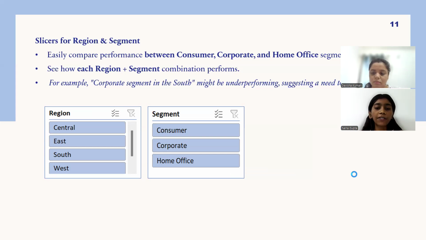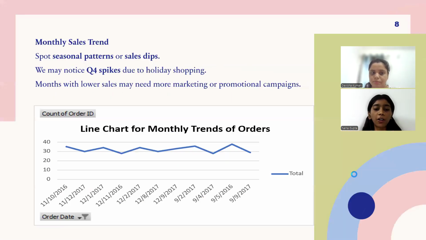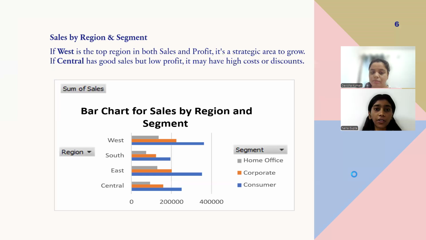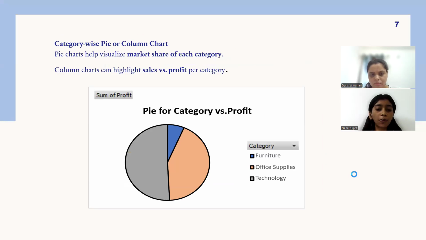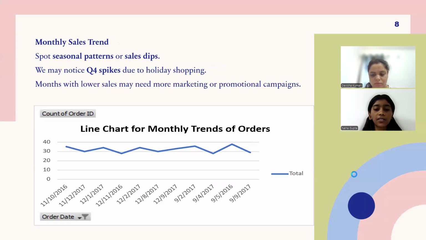Next, I used several advanced formulas like COUNTIF, SUMIF, and AVERAGE to analyze key points like orders with sales greater than a certain amount and highly discounted orders. I also used RANK, LARGE, and SMALL to find top performing products. To avoid errors in lookup functions, I applied the IFERROR formula.